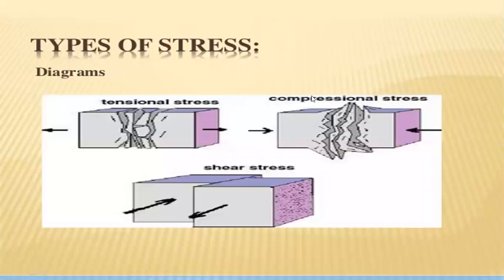And next one, what type of stresses are acted? You can see there is a diagram: tensile stresses, compressive stresses, and shear stresses. If I am taking one brick, the loads are acting in this direction. It is a tensile stress. In this tensile stress, pulls occur on the two sides of that object.